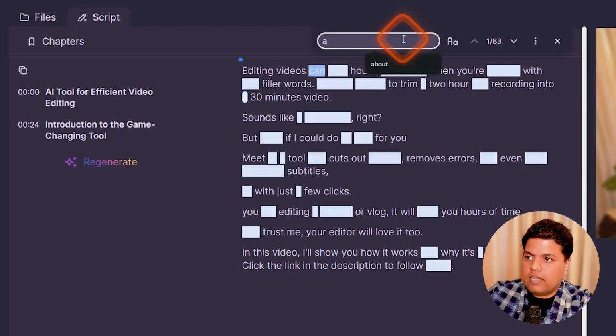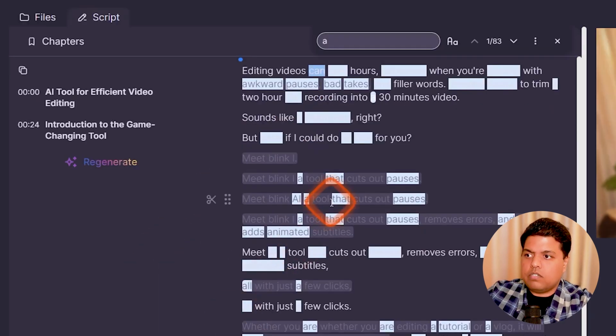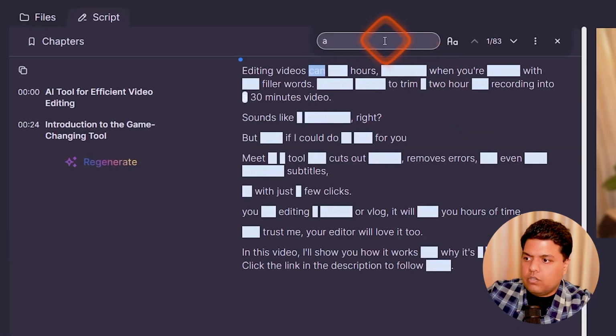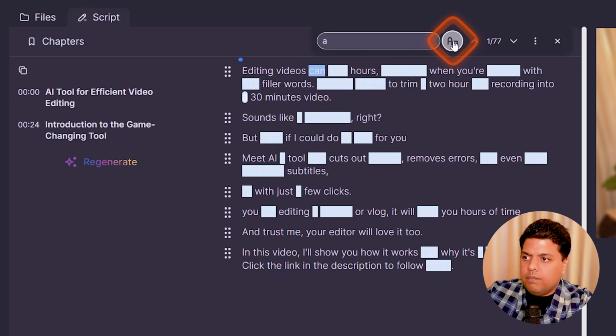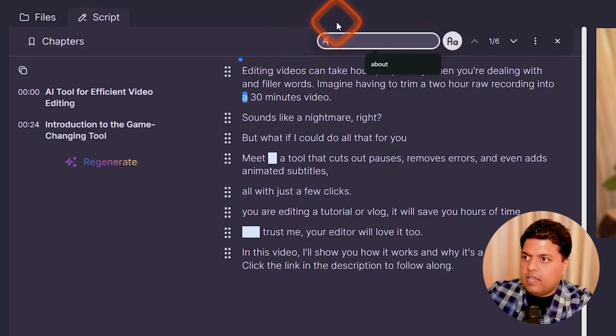So if I search for alphabet A, it's going to search for all the words in the entire script with alphabet A. And this does not just search for this script. If I show cuts, it will search for all the ones which have been cut. It's going to search in that as well. Let's uncheck the show cuts. And if I make it an alphabet A uppercase, it doesn't do anything. But if I select this button on the right, it's going to remove some of them. So this one is if you want to be very specific to what you're searching for. And now if I do an uppercase A, it's going to only search for those that have an uppercase A